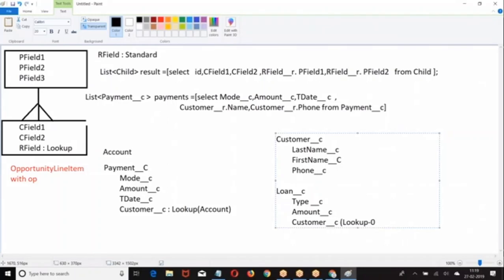Right. So, write a query now. Loan with the corresponding customer data.